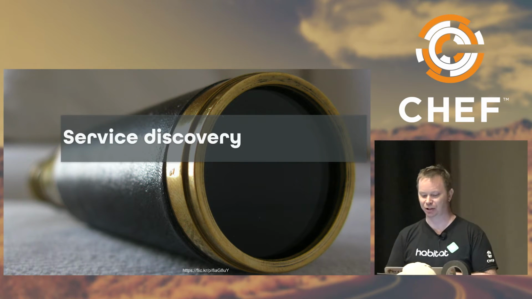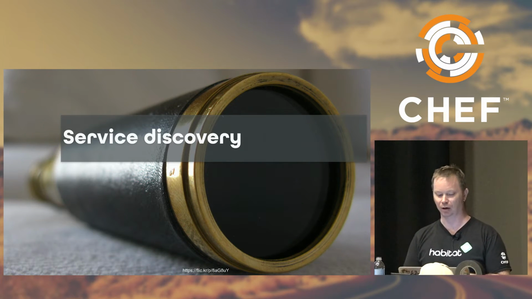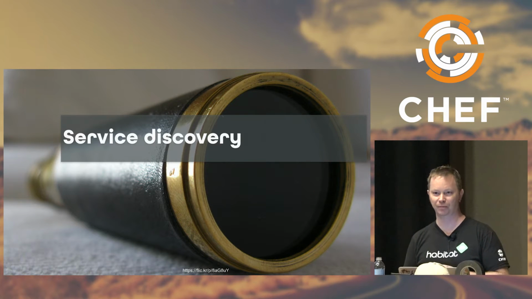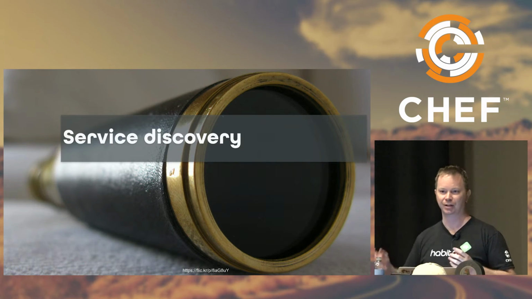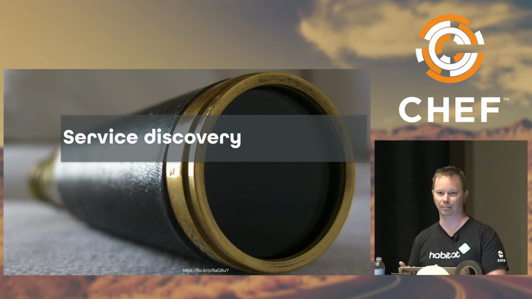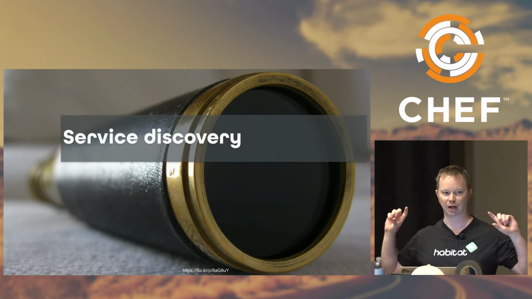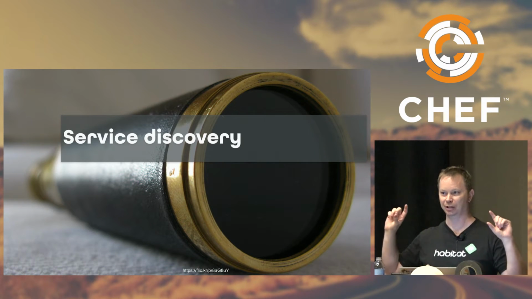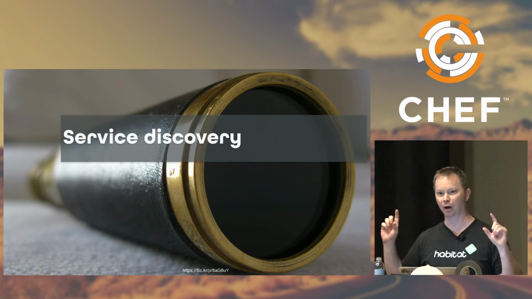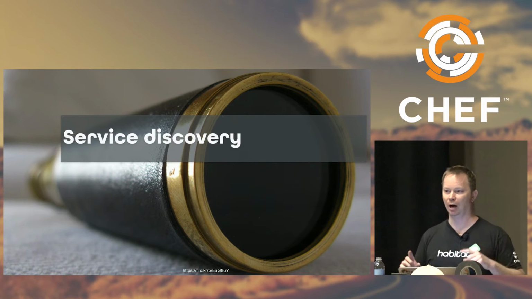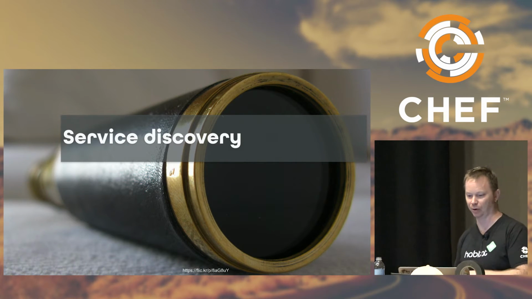Habitat also has built-in service discovery over a gossip protocol. We use SWIM for that, and every system that starts up for running your application, like you need a database, you need your app server, you might have a proxy or load balancer in front of it, those all start up and they can discover each other through this gossip layer. And if you listened to Adam's keynote, he talked about how we wrote our own gossip layer. We used to use etcd. And that is based on the SWIM protocol.